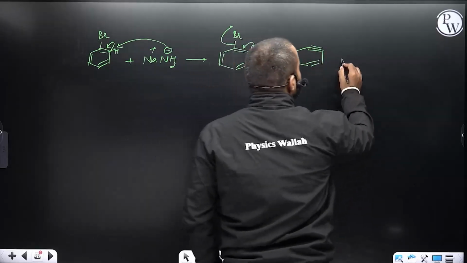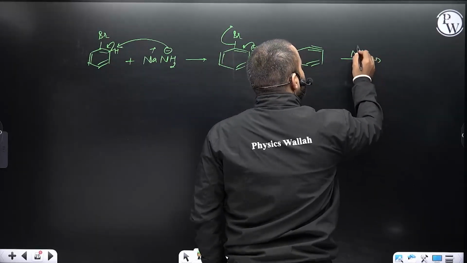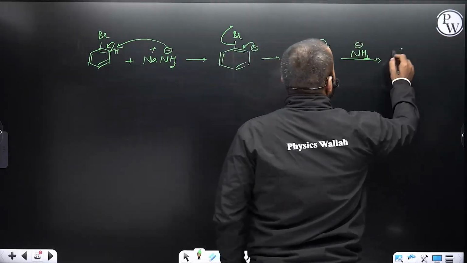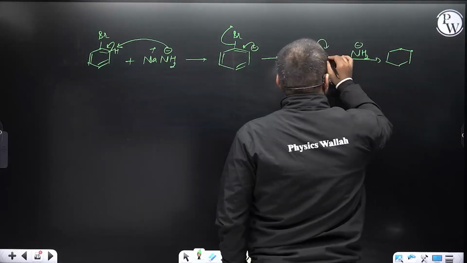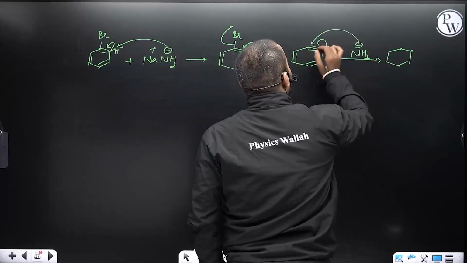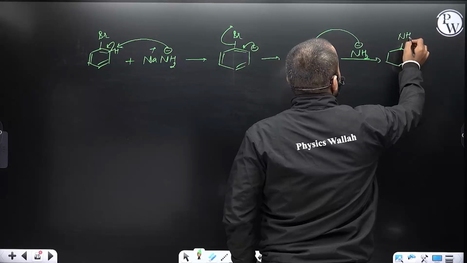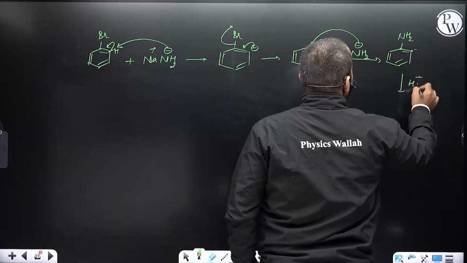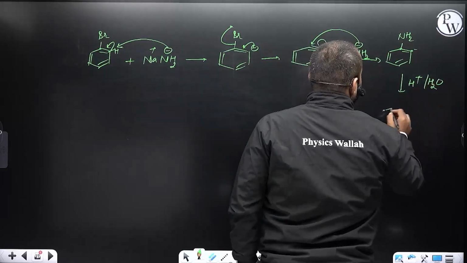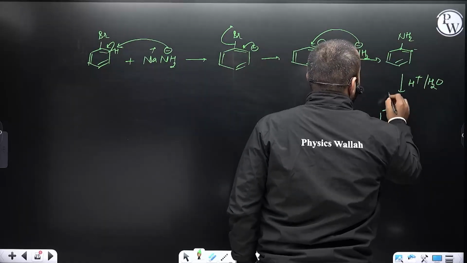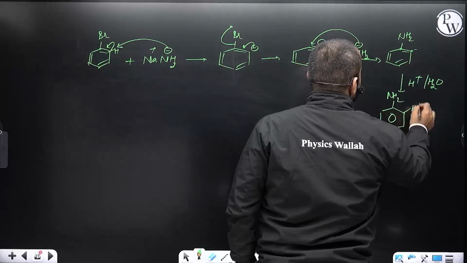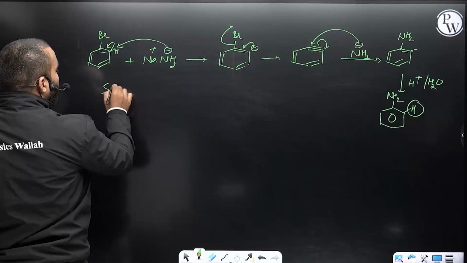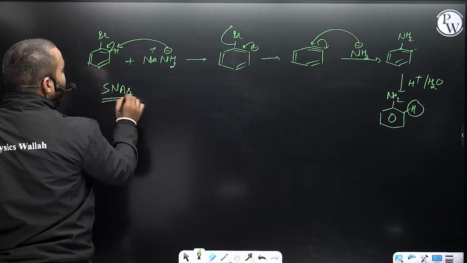Now NH2- comes back. This can open up the pi electron to either of the carbon atoms. Suppose it opens up to this side, so NH2 will attack on the positive center. This is my NH2, this is a negative charge. There is a double bond already. Now add H+. Finally, in the presence of water, you will obtain aniline. What's the source of this hydrogen? Acid. Okay. This is known as SNAr, nucleophilic substitution reaction on aromatic ring